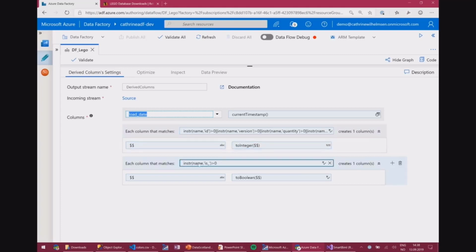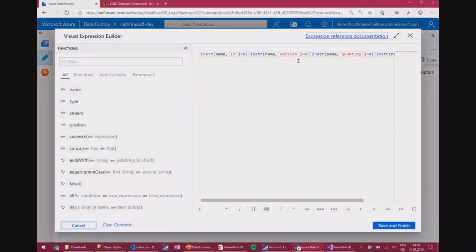Same thing with another column pattern, where I want to cast it as a bool value. For this first one, the code is not the prettiest, but I'm checking if my column name contains ID, or version, or quantity, or year, things that I know are int values. So that's the pattern that I'm going for.